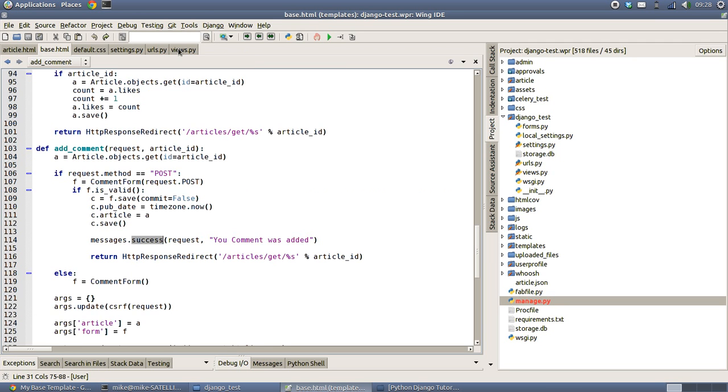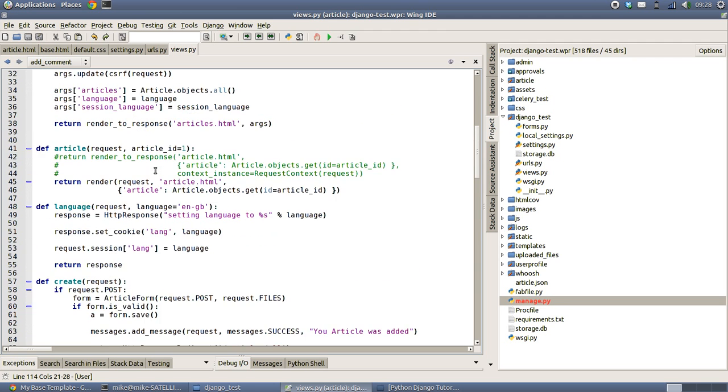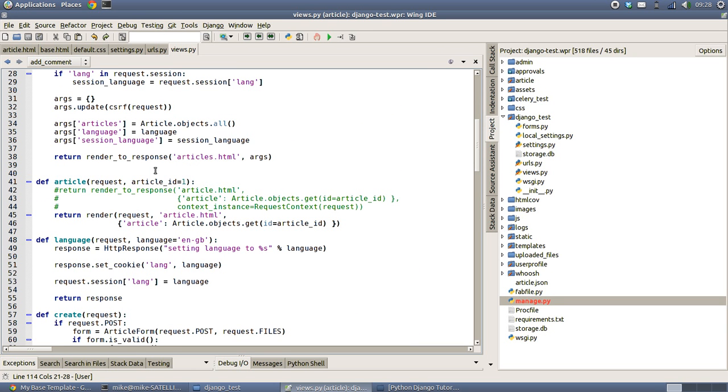One last thing that I wanted to point out is, if I just try and find it, is that on our article page, you see I've commented out the code that we used to use. Now this is because there are a number of ways of doing the rendering of the HTML. Do you remember I mentioned we had to have a request context? Now, if I just comment these two lines out and go back and do this,